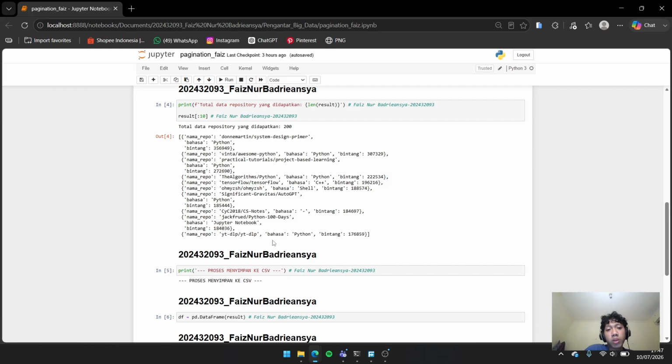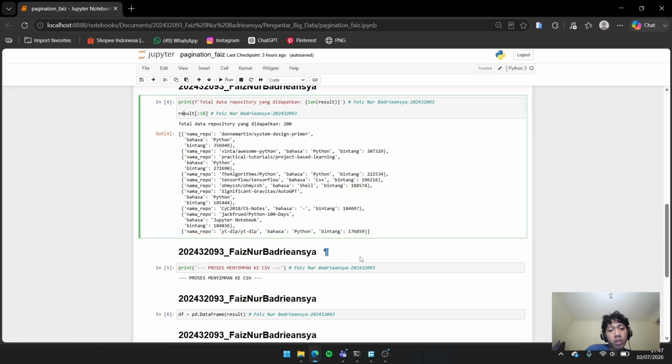After we scrape the 10 pages, we print the total of what we get from scraping the 10 pages, with the result being 10 pages, and then after that we print the process to save the CSV.